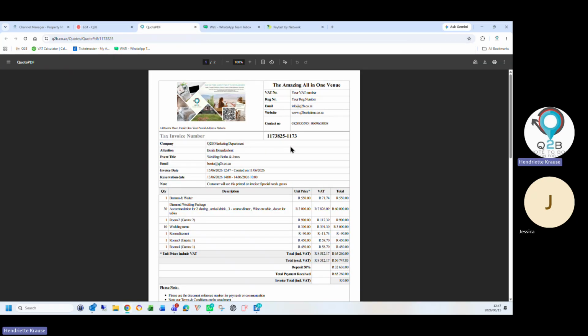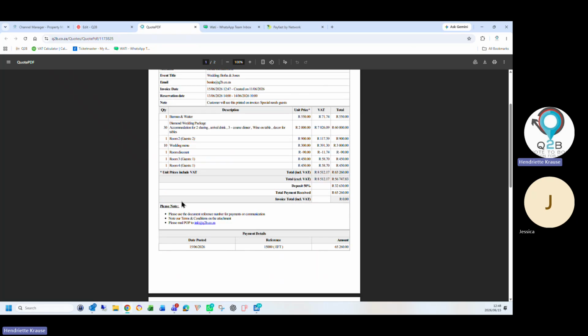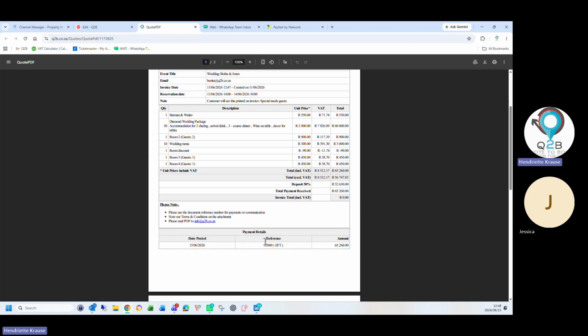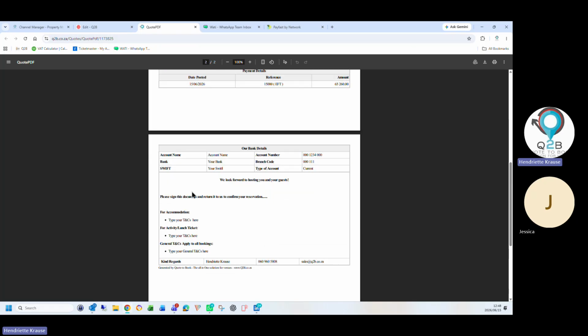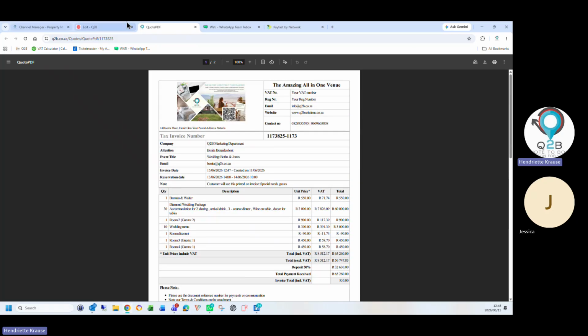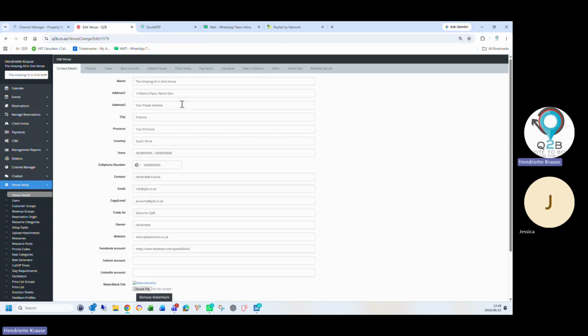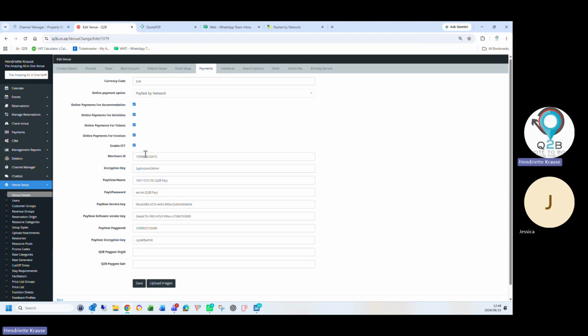Okay, and this is what your invoice will look like. There's your branding, your company details, all the booking details, all the line items that you've added, the deposit, and also your total invoice. There is your terms and conditions, all your payments you received, your bank details, and you can have a full list of terms and conditions listed at the bottom if you want to. Just remember, mine is just a demo site. I just want to go and see if my payments is switched off.